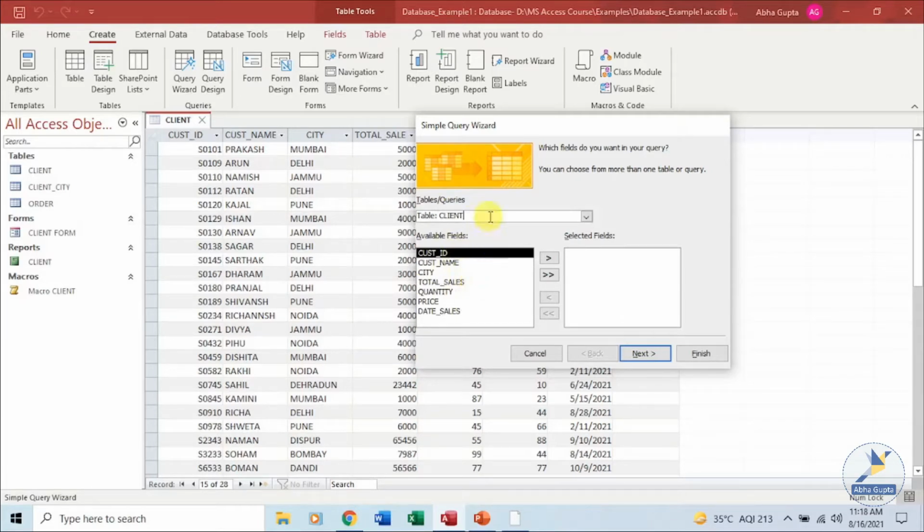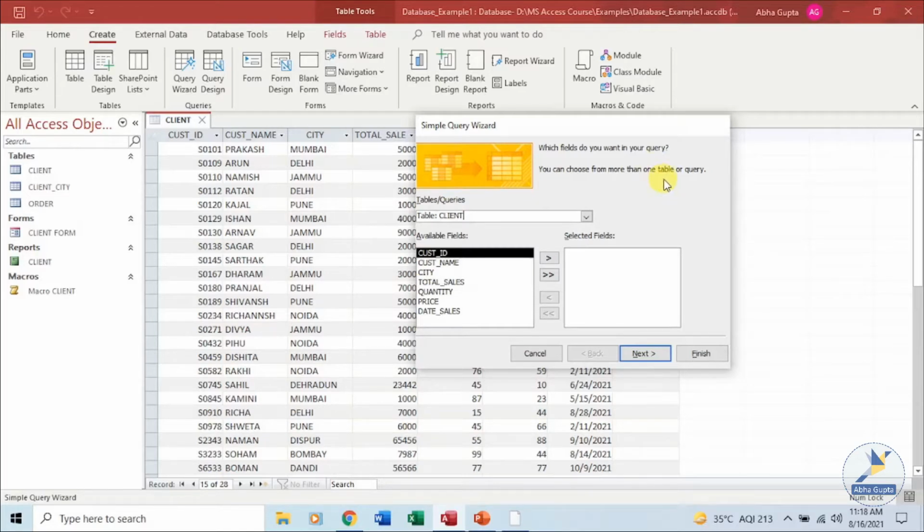Now I said you can retrieve data from multiple tables. Queries can be used to answer a simple question. They can be used to perform calculations, to combine data from different tables, or even to add, change or delete data in tables. These kinds of queries that add, change or delete data are called action queries. We will not cover action queries in this video.